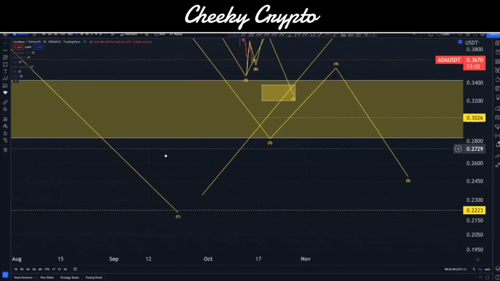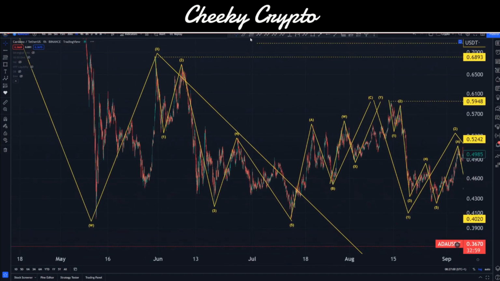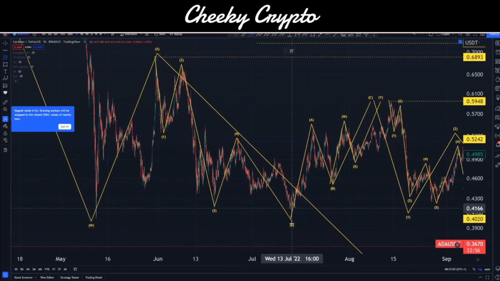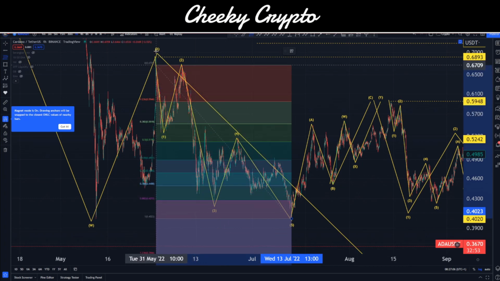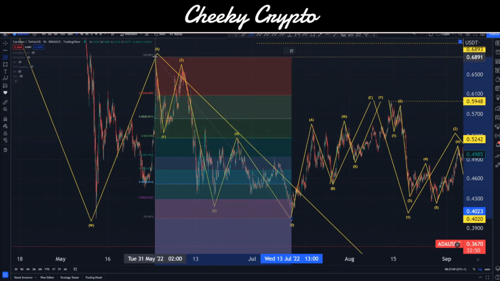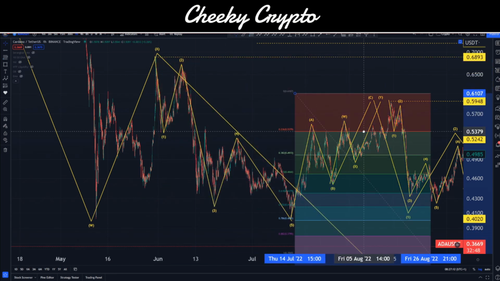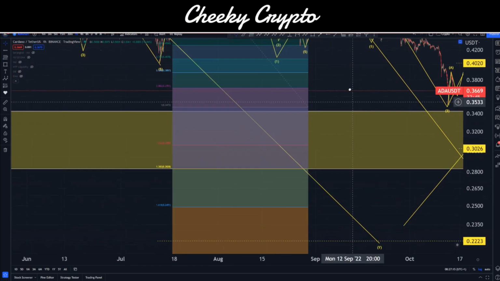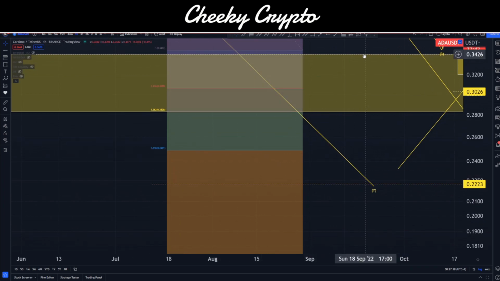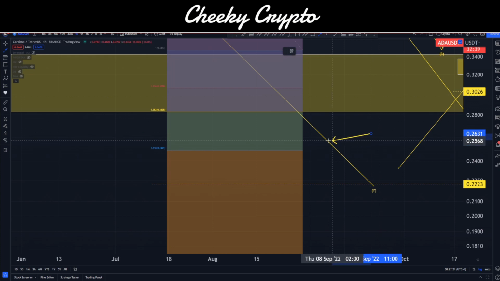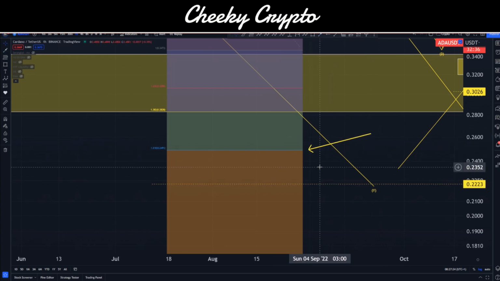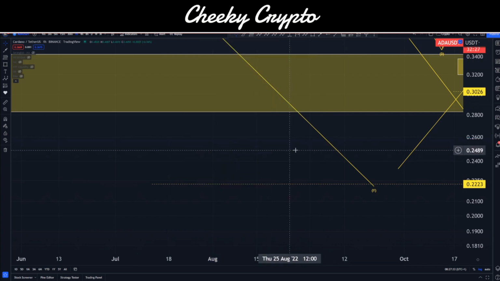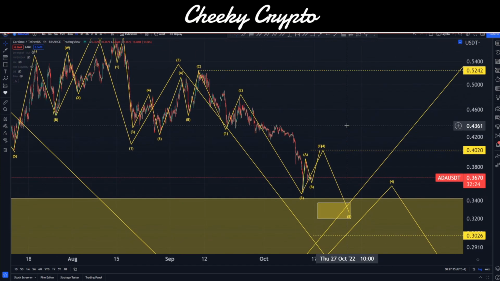Of course, that could lead us into a much bigger problem later down the line. And I'll show you what the number is on that. So if I take this low point over this side and we take this high point on this dash line here, I'll have to eyeball it. There we go. And then we move that over to this one. Okay, our 1.618 is here at 24.91. If we hit this number, okay, this one just here, that is going to basically mean that we have to come down lower than 22.23 potentially. Okay, that would be a wave 3 on a bigger scale. But again, it's possible. So we want to be aware of these things, and we want to be aware that market structure is absolutely vitally important in understanding where the prices are likely to go.